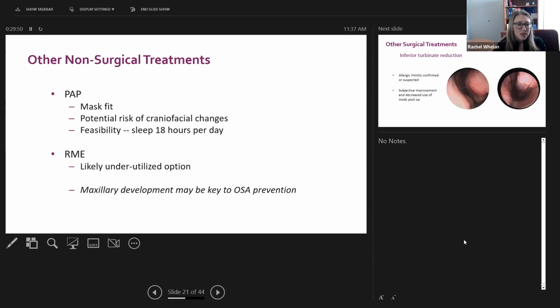And then the other, what I consider an underutilized treatment option that I think we're just starting to really understand, is rapid maxillary expansion. And I actually think that the skeletal structure is probably the key to sleep apnea prevention in the future, because if your tongue does not have somewhere good to sit in the roof of your mouth, it's just going to fall back. And so a lot of times when we see these early teen year children,